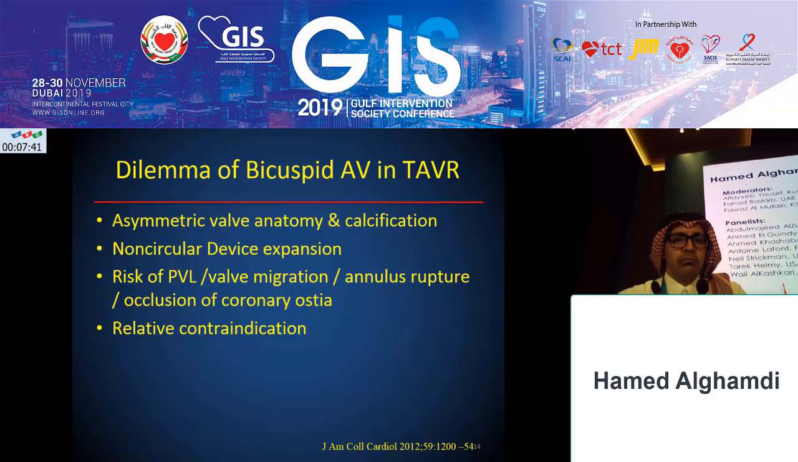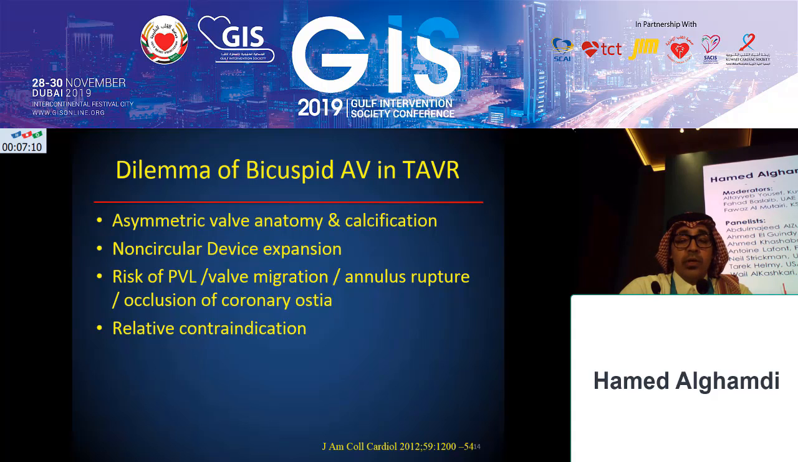So why has bicuspid aortic valve been an issue, and probably it would be fair to say a limited or even evidence-free zone for so many years? Because of several assumptions. I'll use the word assumption because over the last 10 years, those assumptions have been debunked for the most part. It was considered that asymmetric valve anatomy and calcification would pose an issue in implanting the valve. Non-circular device expansion seemed to be an issue as well, and that eventually would lead to the risk of valvular leak,